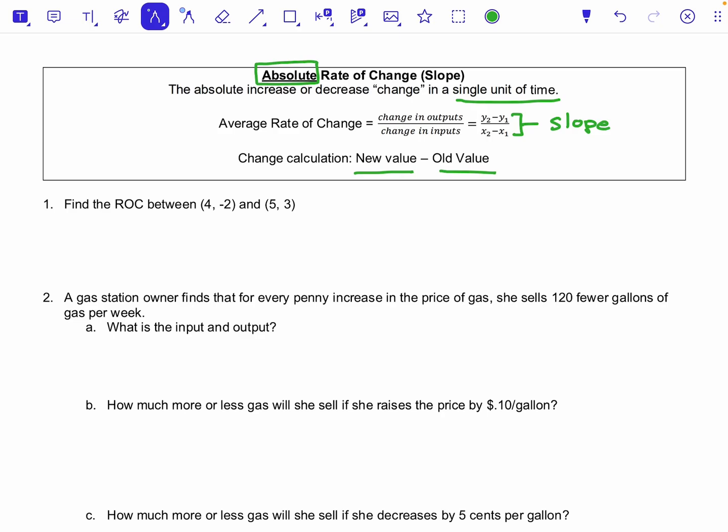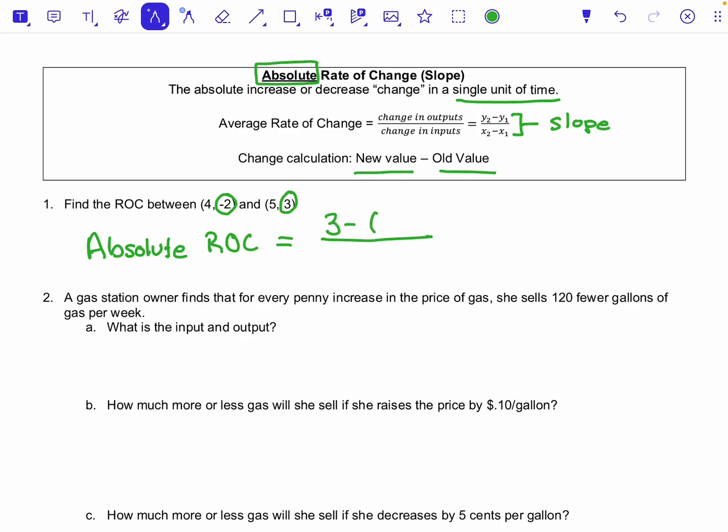So we're going to look at two examples in which we find and work with that absolute rate of change. Here we're just going to practice finding it. We have 2 points, (4, -2) and (5, 3), and we want to find the rate of change between the two. Now, outputs are on top, so we're going to do the absolute rate of change. So the outputs go on top. Well, the outputs, if we remember from the previous video, are the second coordinate points. And so we're going to have